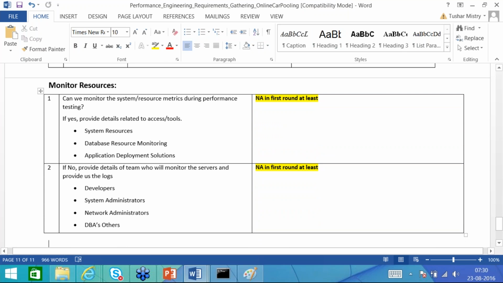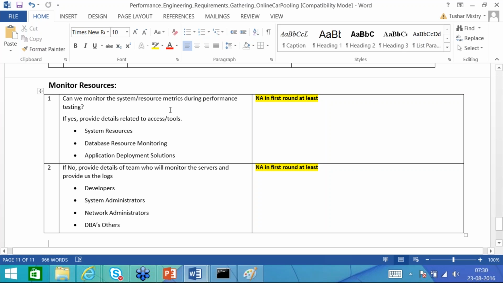Last is the monitoring of resources. If we are monitoring the application, can we monitor the system resource metrics during the performance testing? If yes, provide details related to access tools, system resources, database resource monitoring, and application deployment solution.